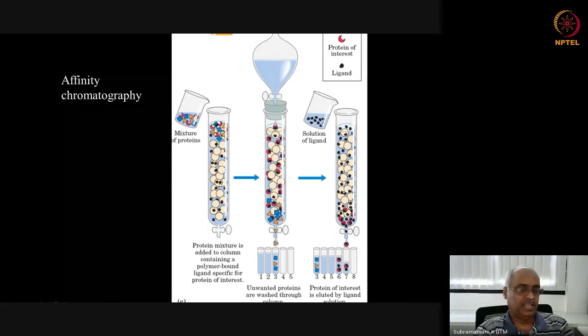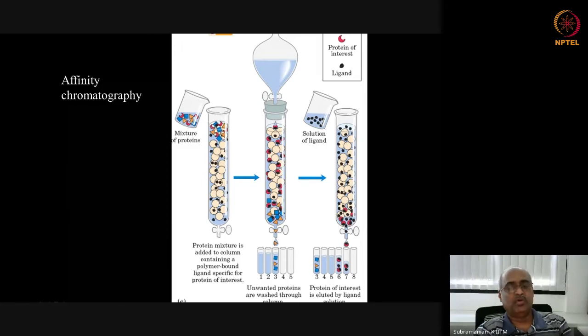Okay, so resin, gel, matrix, these are all commonly used terms to refer to the solid phase in chromatography techniques. So if it is covalently linked, and you pass a mixture of proteins in which one of the proteins is your antigen, this antigen is going to bind to the antibody that is coupled to the column. So here you are not worried about the ion exchange property, where you depend on the charge difference or the size difference. And here the theoretical plates can really be increased a lot, because the antigen antibody affinity is going to retain the protein for a very long time,